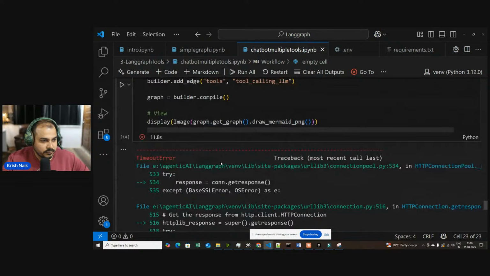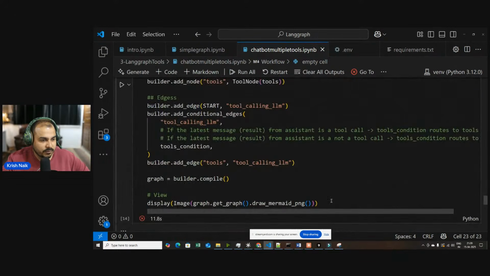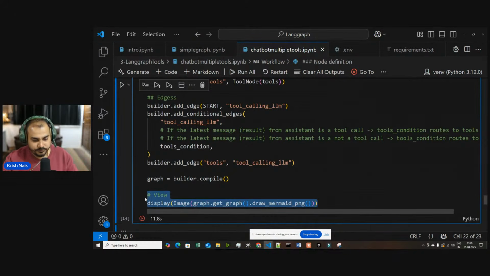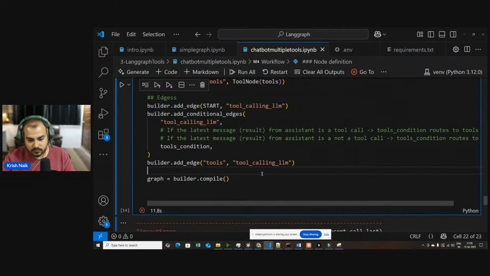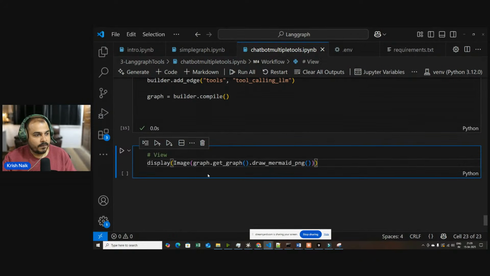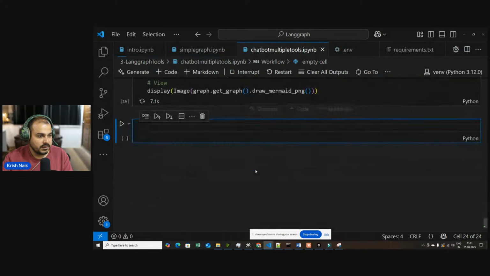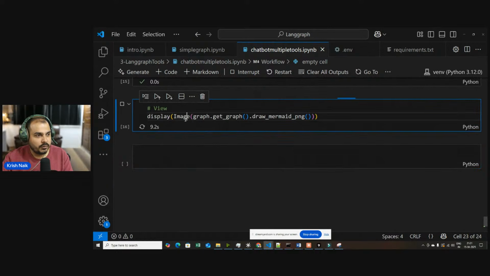Let's see. Mermaid link. Oh, I think this is active. That is the reason I'm getting this issue. This will execute it. This is giving me an error because I have already displayed one graph. That is the reason I'm getting it. It's okay. What we will do,